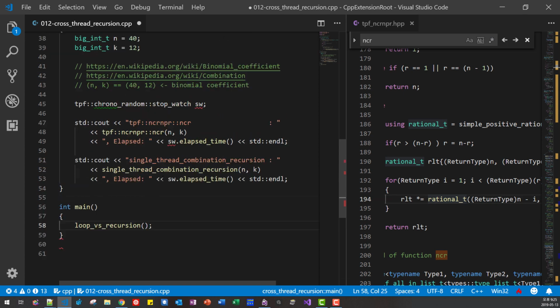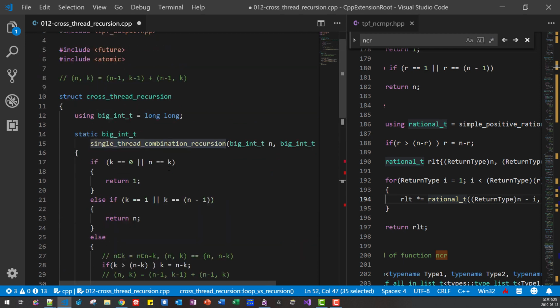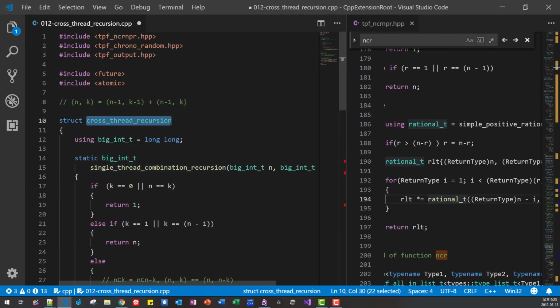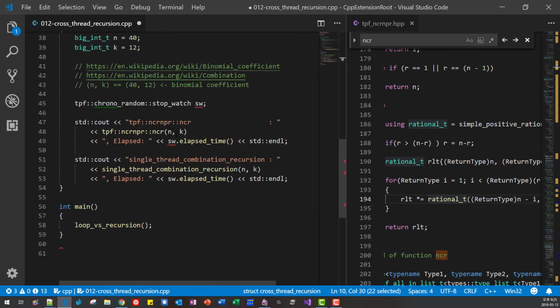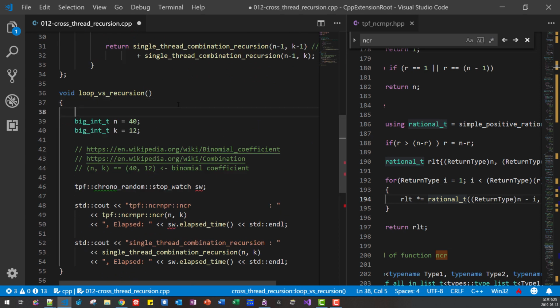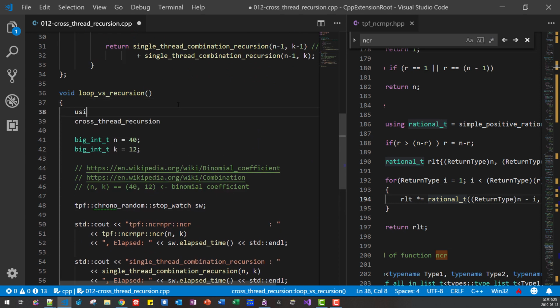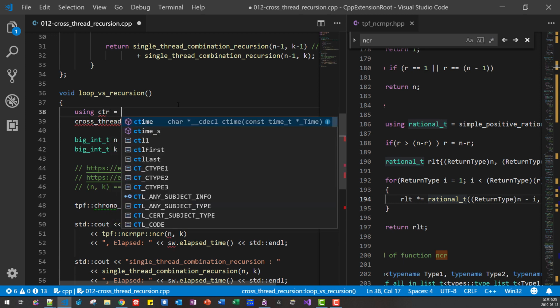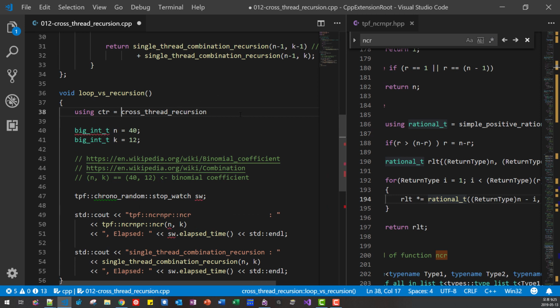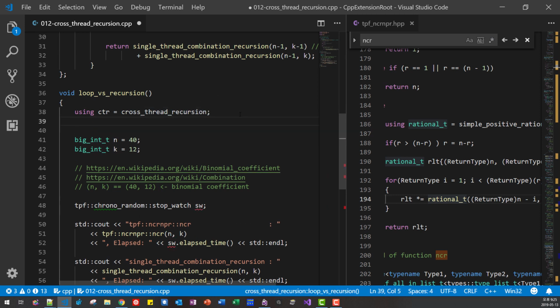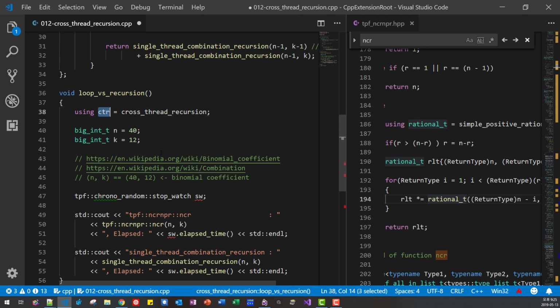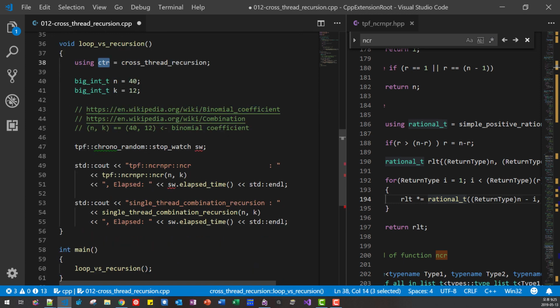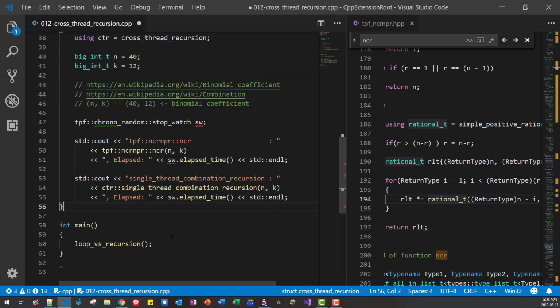Then please note that this function is defined here, so I have to copy this and paste it here using cross-thread recursion. I create type alias, then I copy it because this function is defined here. This is a static member function. Okay, now we can compile.